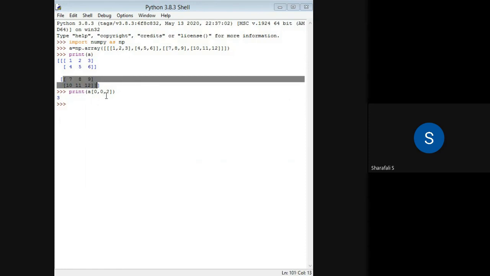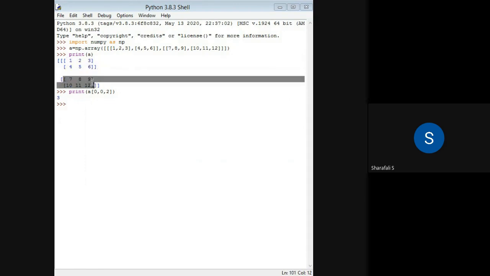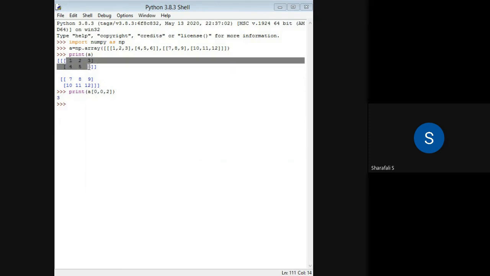When you are considering three dimensions, you will have a number of two-dimensional arrays in a different direction. So this is nothing but an array of arrays. In this case, we have index 0 as well as 1, and 0 represents the first two-dimensional array, and index 1 represents the second. Since we have given 0, it represents this two-dimensional array.